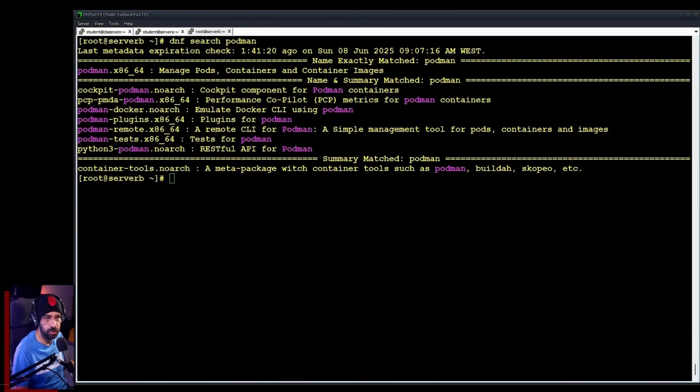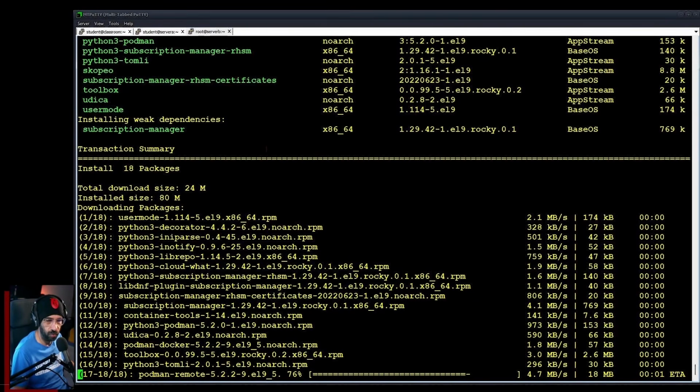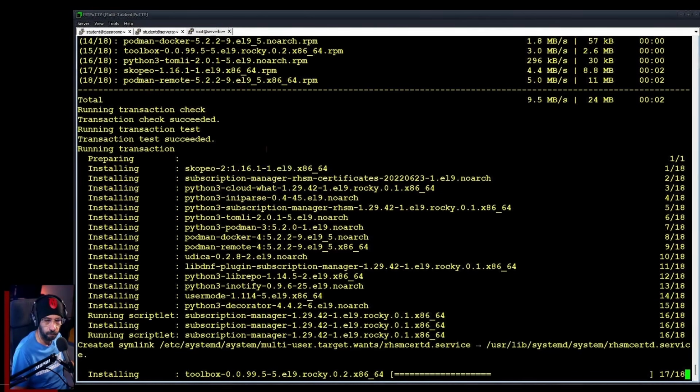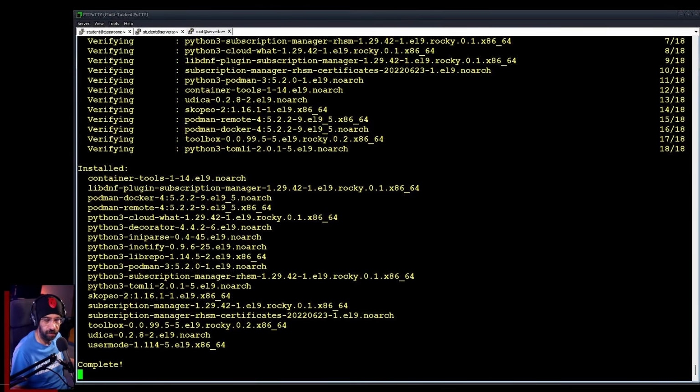So yeah, the first thing we should do is just install stuff. I would suggest just do the following: dnf install. Let's install this one here, and this guy here, and we should be good to go. Just let it rip and just wait. And we have installation complete. If you have packages already installed, cool. If you don't, just install them, and we'll most likely have 100% of the tools that we need to